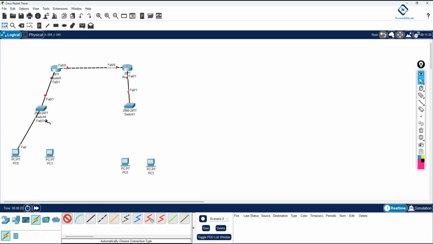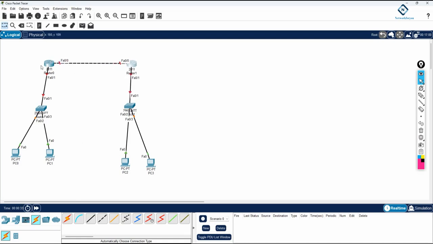and from here to here, from here to here we will connect. And then in between we will write the IP address 192.168.12.0/24. Here we will use 12.1, here we will use 12.2, and this side we can use the same thing,